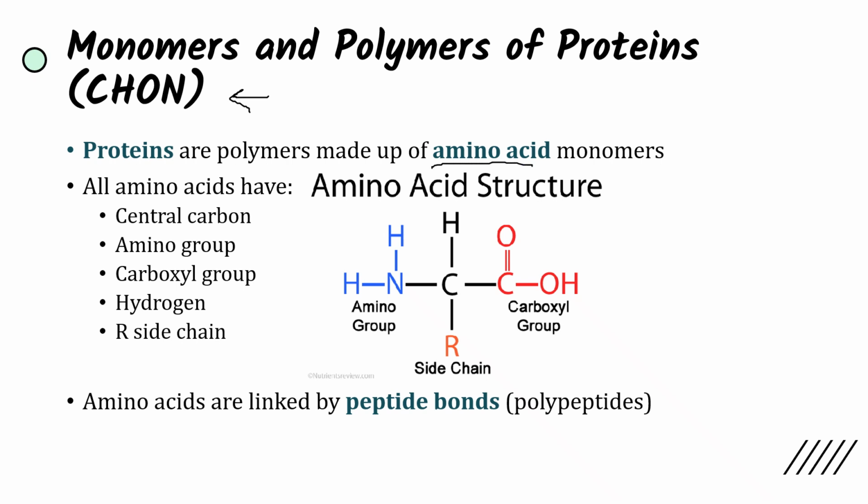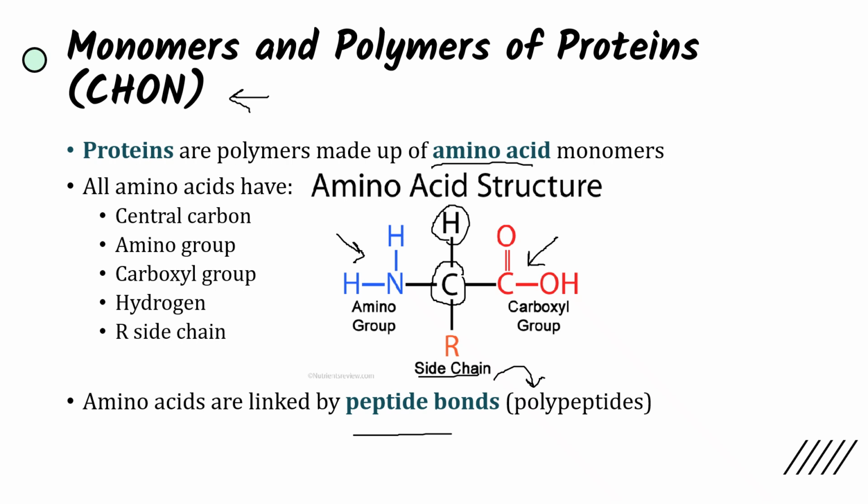And every single amino acid has these elements. There's going to be a central carbon, as we can see here, an amino group, which you should know from our lesson 1.2. An amino group is going to be a nitrogen bound to hydrogen atoms, a carboxyl group, a carbon double bound to an oxygen and bound to a hydroxyl group, a hydrogen atom, and then an R side chain. And the R side chain is going to differ from amino acid to amino acid. And so amino acids are linked by peptide bonds, forming polypeptides, otherwise known as proteins. And so we're going to be taking a look at how peptide bonding occurs, but first let's delve deeper into